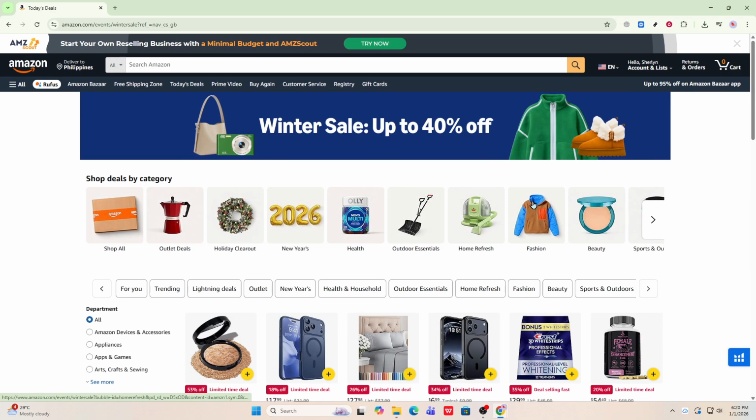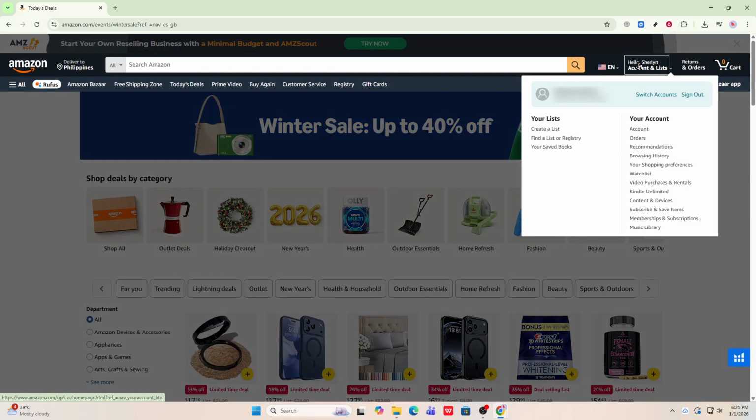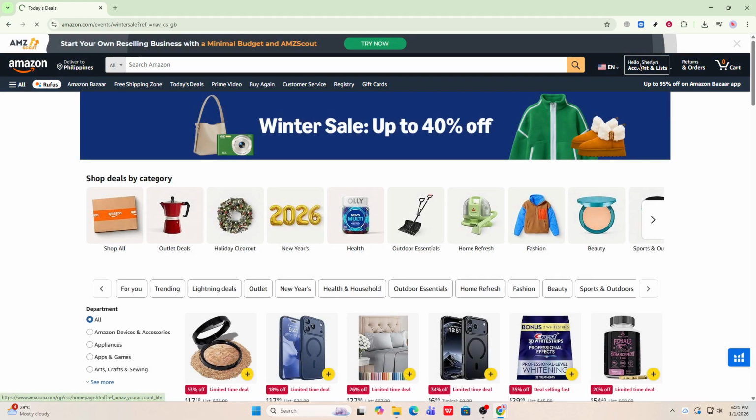Look to the top right of the page for account and lists and click it. This opens your account hub. From here, select Prime to view your Prime details. This page shows your plan type, the next renewal date, and your payment method. It's worth noting the renewal date now because canceling typically stops auto renewal while letting you keep benefits until that